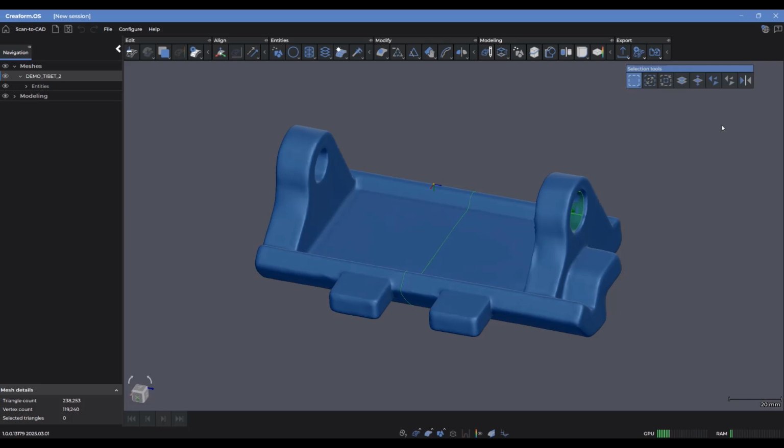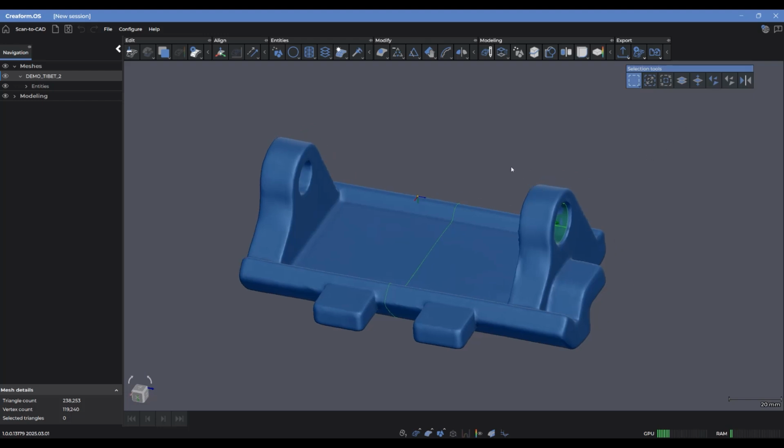Hello everyone and welcome to this Scan-to-CAD Pro video where I'm going to show you guys how to set up sketches and use the different properties that we have available in setting up the sketches to maximize your design workflow. So I've got this part loaded in and I haven't yet created any sketches, so let's go ahead and begin